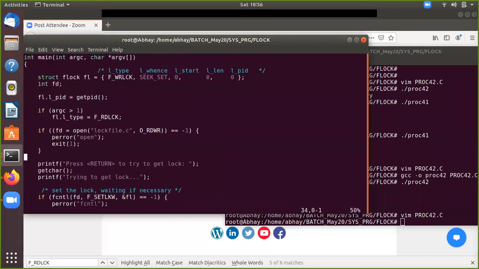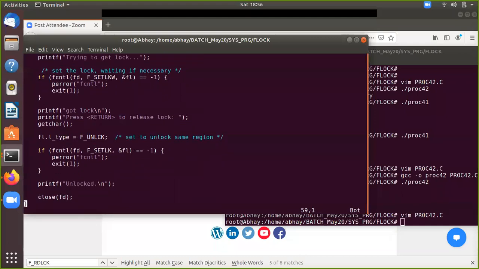Once you pass this, it is going to lock your file with the details you have provided inside this structure.